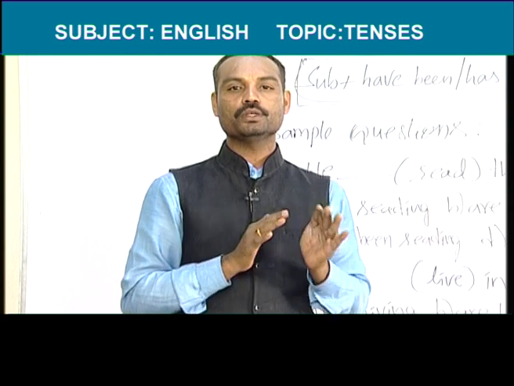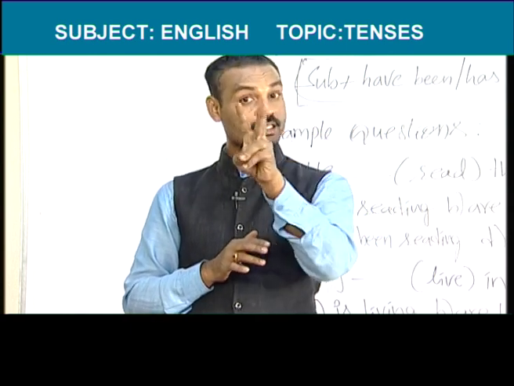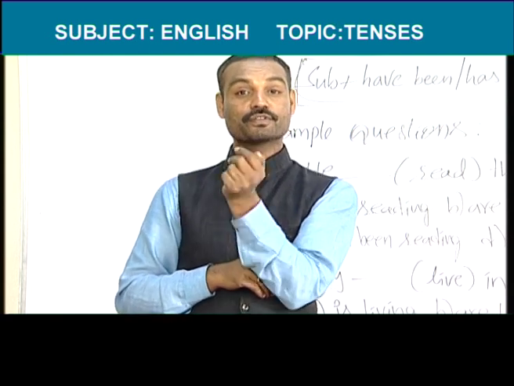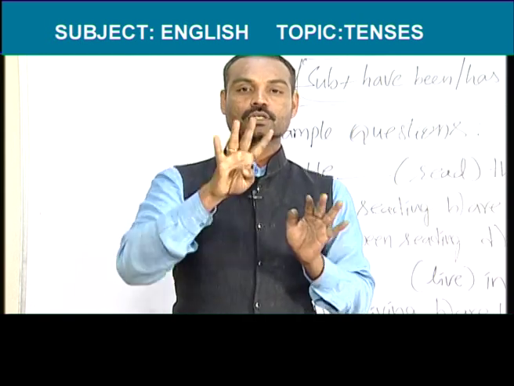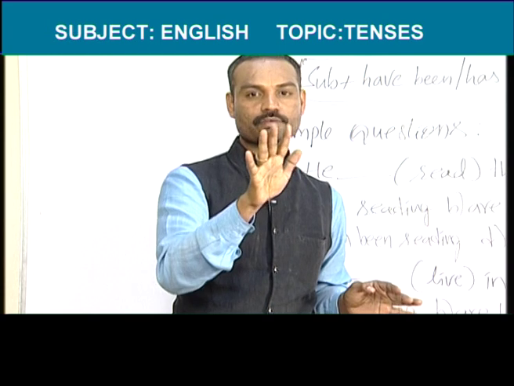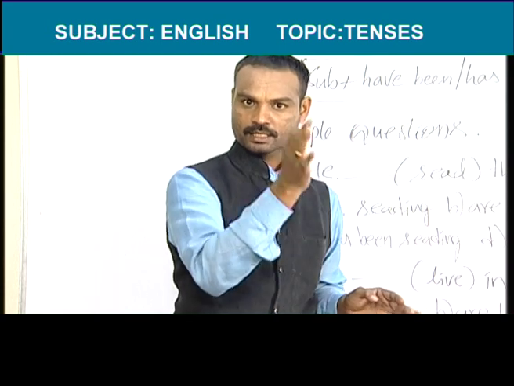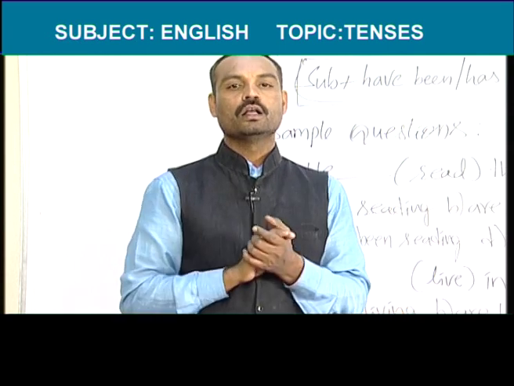Now I am going to tell you 4 types of sentences from simple present tense. In simple present tense there are 2 helping verbs. I am sorry, I forgot to tell you the helping verbs of simple present tense. They are do and does. Okay, right. So 4 types of sentences will be there in every tense. They are positive sentences, negative sentences, interrogative sentences and negative interrogative sentences.